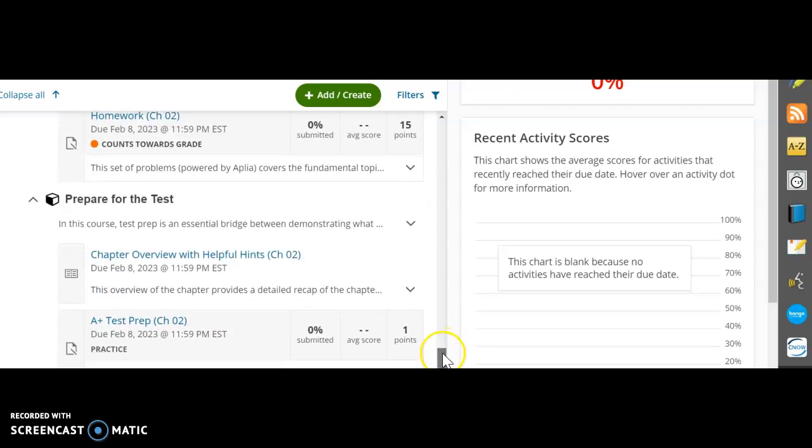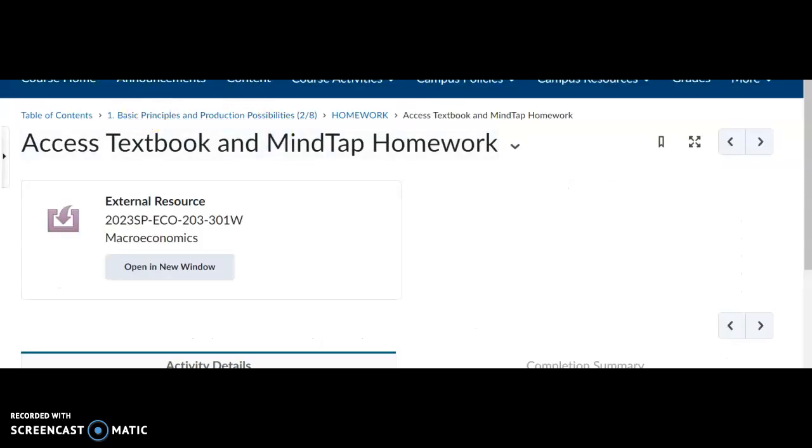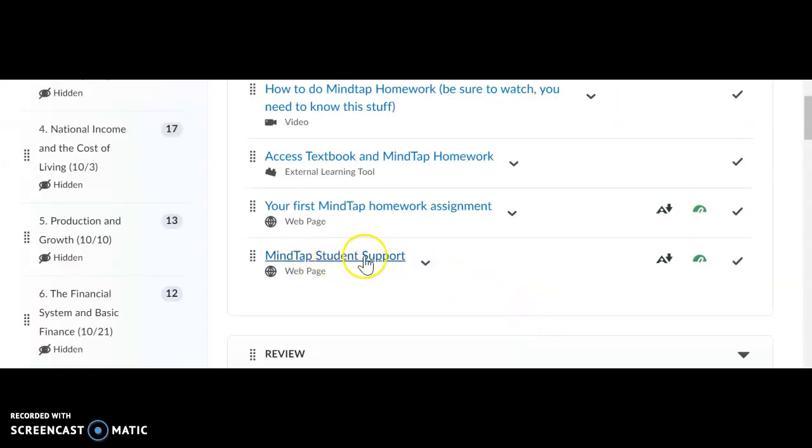Okay, well, that is it. Let me just point out one more thing back here. Back here is MindTap Student Support. That is a great resource if you're having any trouble, or you can contact me. All right, that's